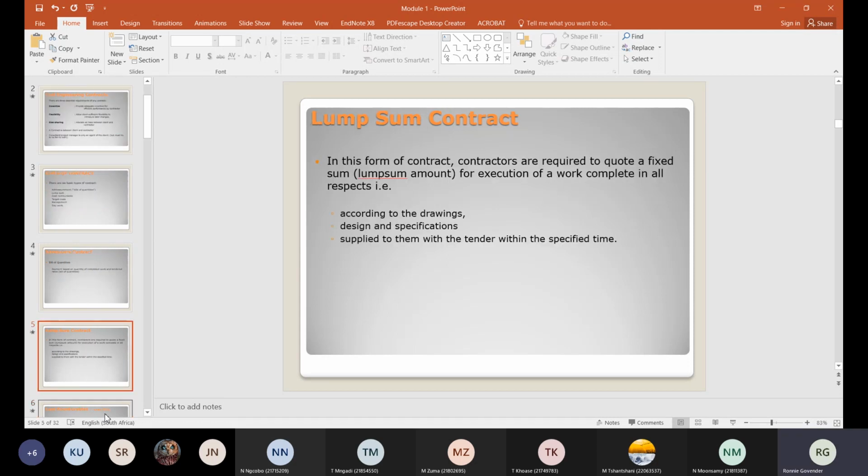The next type is a lump sum contract. And the lump sum contract, as the word says, the contractor is allowed to price on the work, but he